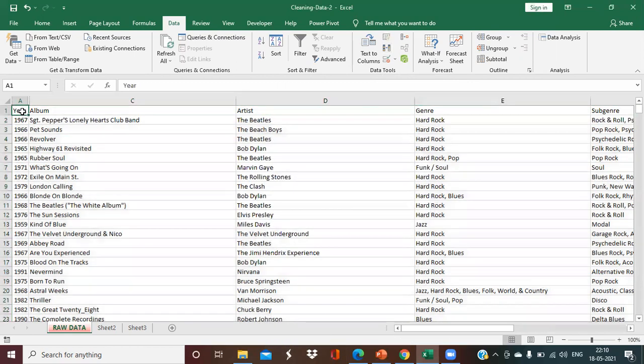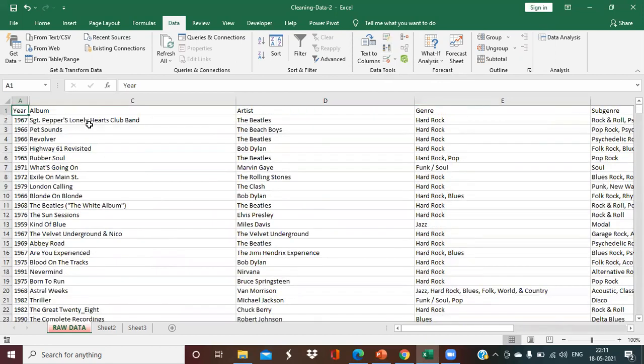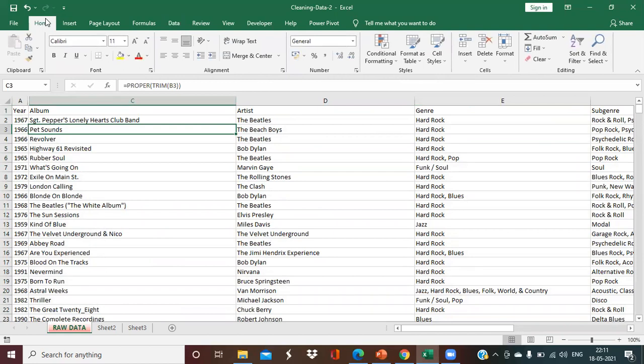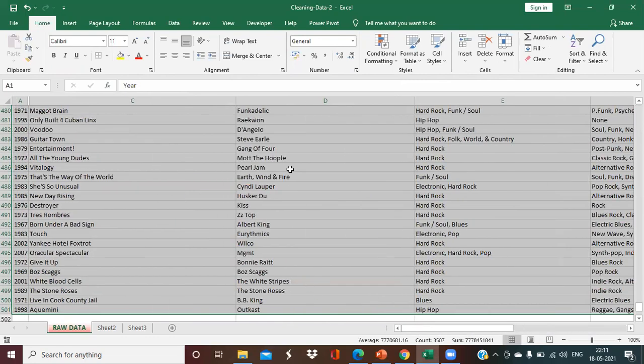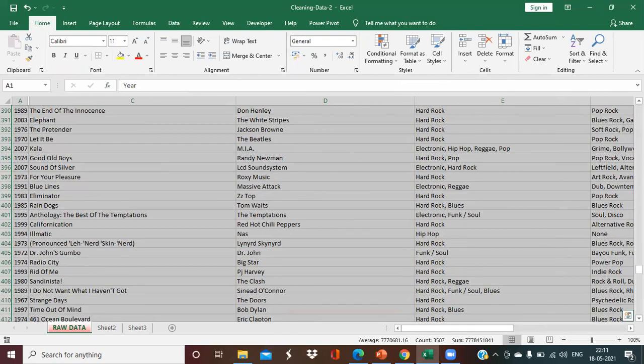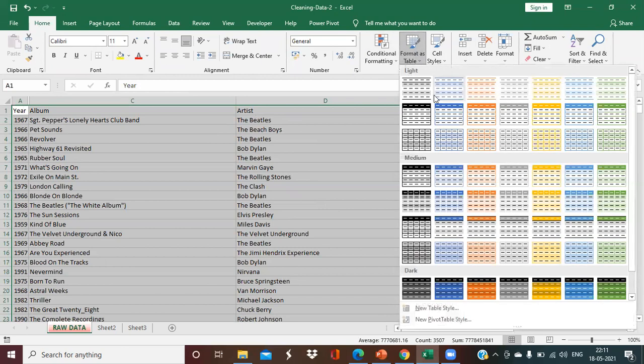And now let me tell you one more point here, which is very important. Before we jump into analysis, we should always convert the data into a table. Let me tell you the reason why I want to convert it into a normal table before we jump into a pivot table. First of all, Control A, select all the data range. Then you can press Control T, or you can get it from the menu as well: Format as Table.